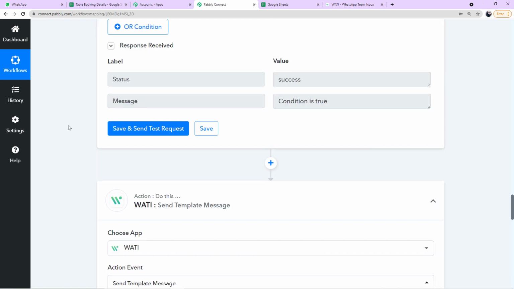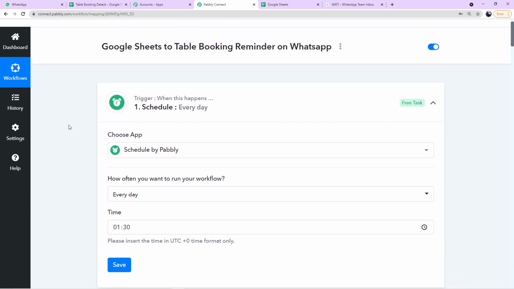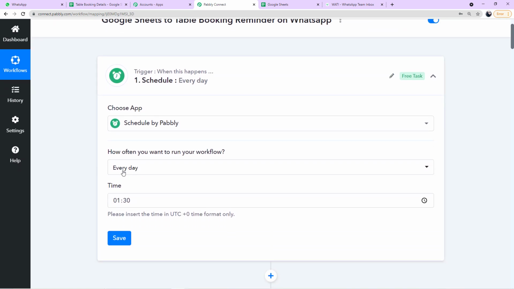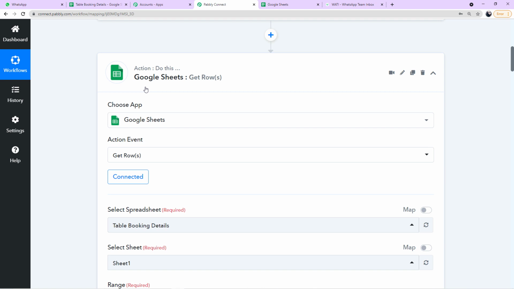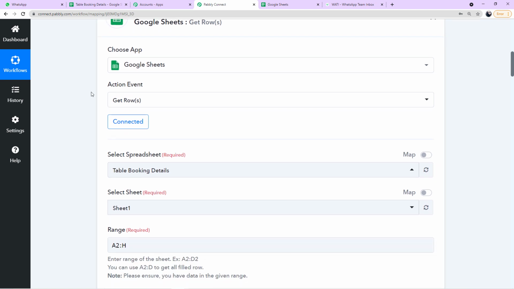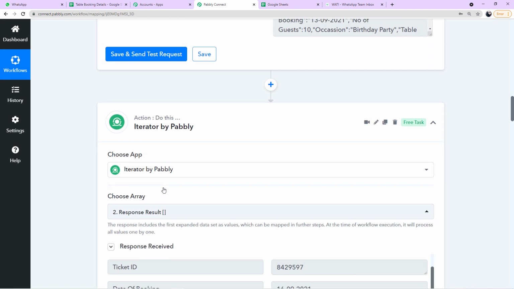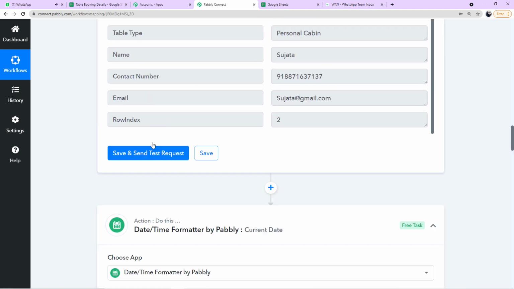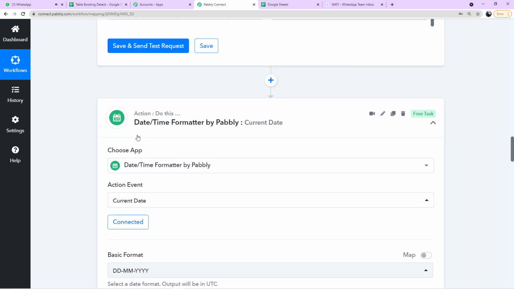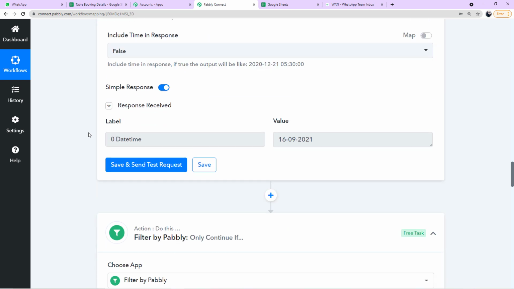So now let me give you a quick recap of what we have done here. First of all, in the trigger option, we have scheduled the date on which we want to send the messages. After this, we selected our Google Sheet in the action and gathered the data from our Google Sheet like this. Then we segregated the data with the help of Iterator by Pabbly, and then we applied the date time formatter to bring the current date.